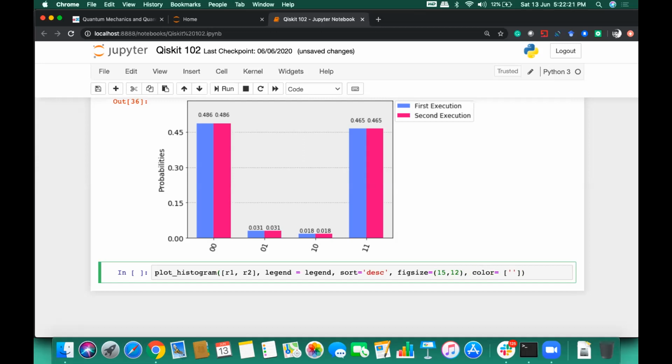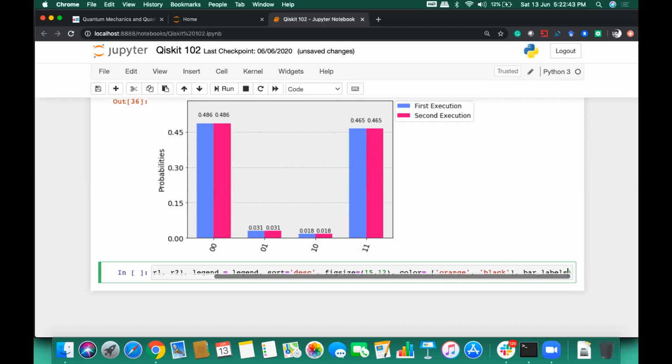Suppose I want to choose orange, and then I can give black, and I can even give the labels for the bars as well. So whatever bars you are seeing, if I give the labels for them, those will appear too. So we'll try both ways.